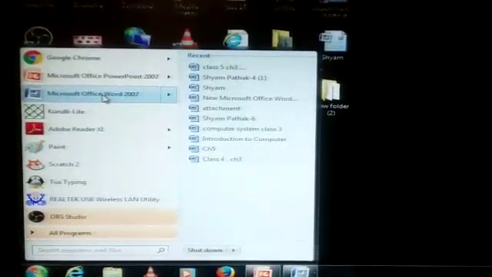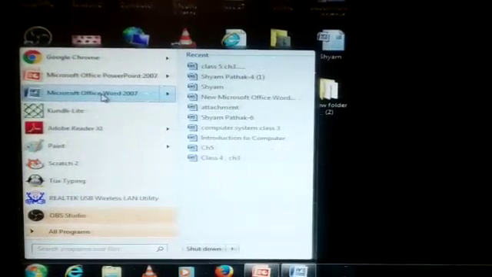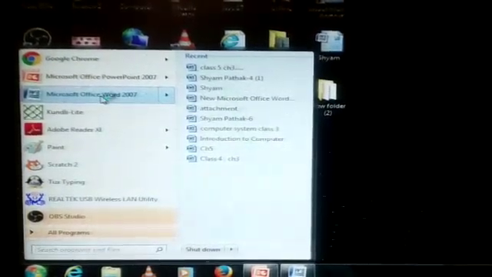Afterwards you go to this Microsoft Word 2007. Click on this. Now you can see, students, this is our MS Word, Microsoft Word. In this way you can open MS Word in your computer.